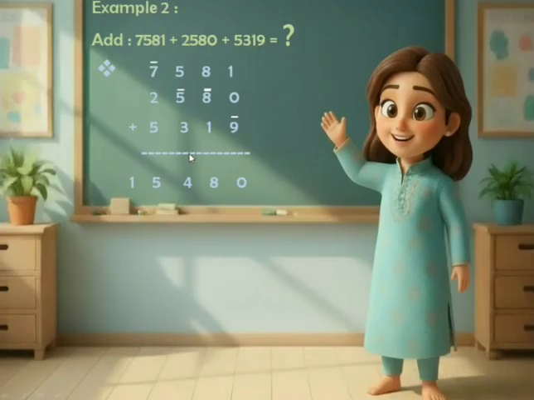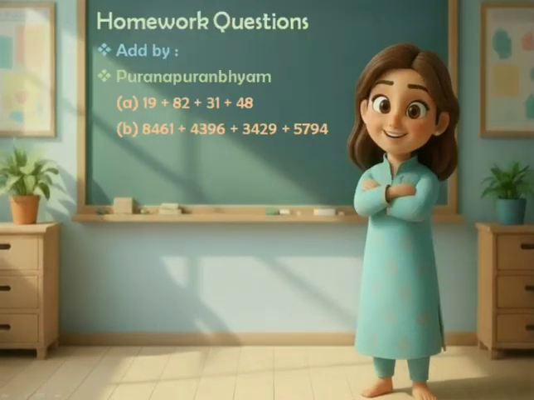Again a 2-digit number. Then we will divide 14 in two parts and we will use 4 as result over here and then carry over the 1 obtained from our previous column addition here. So when we add 7 plus 2, it becomes 9. But you remember that we had obtained 1 from our previous column addition. So we will put a bar over here. So we'll get 10. Now we will add that 10 with 5 and we'll get 15 as result. So you see the result obtained is 15,480.